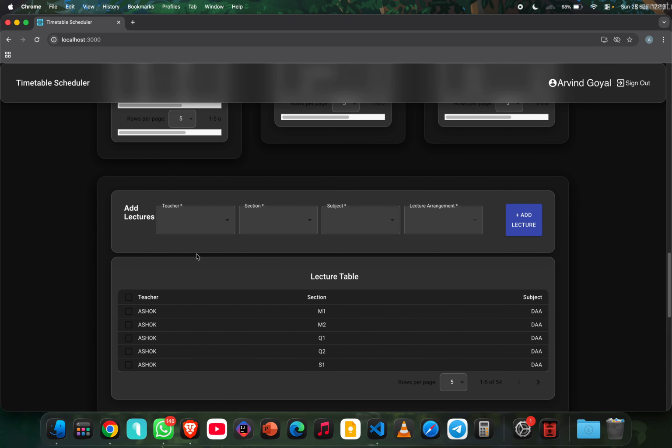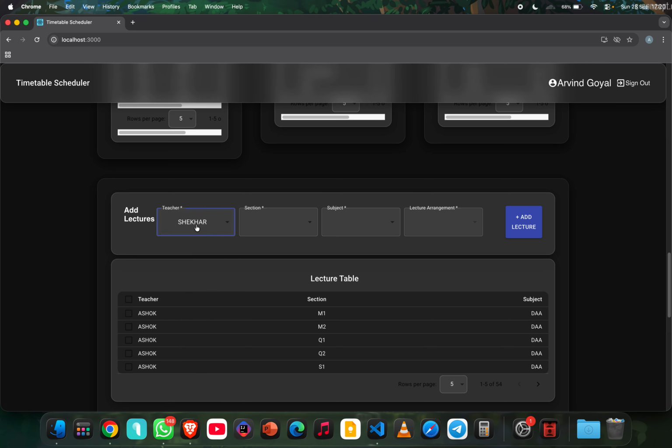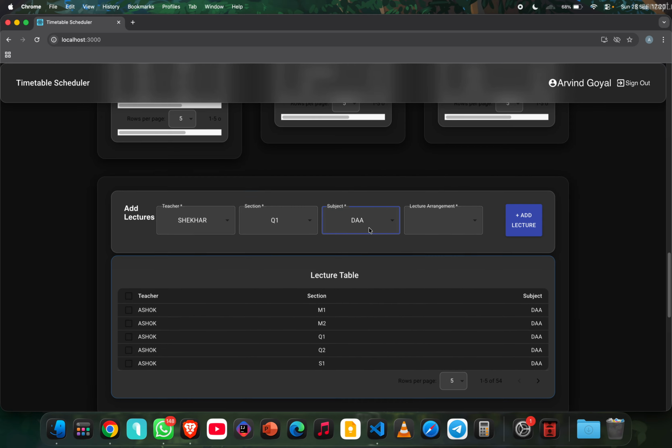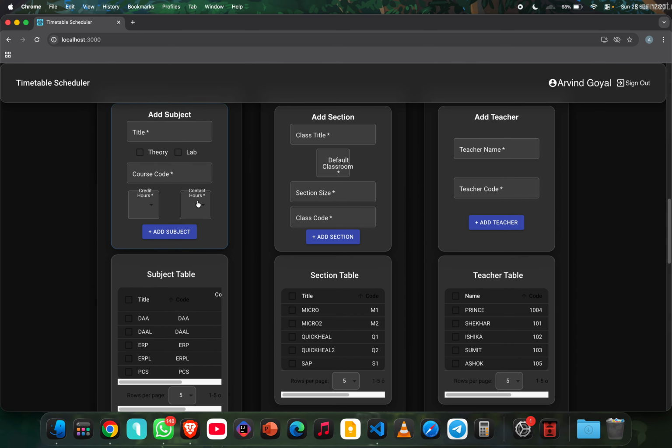Next thing is add lectures. In this particular section we basically assign what teacher is going to teach what subject in what particular section. Let me show you. Shekhar sir is going to teach in class Q1. Suppose the subject is DAR, and that feature which I told you before, contact hours, is that